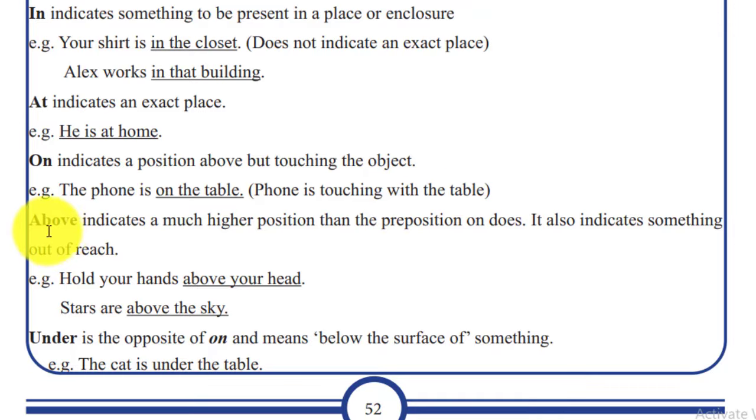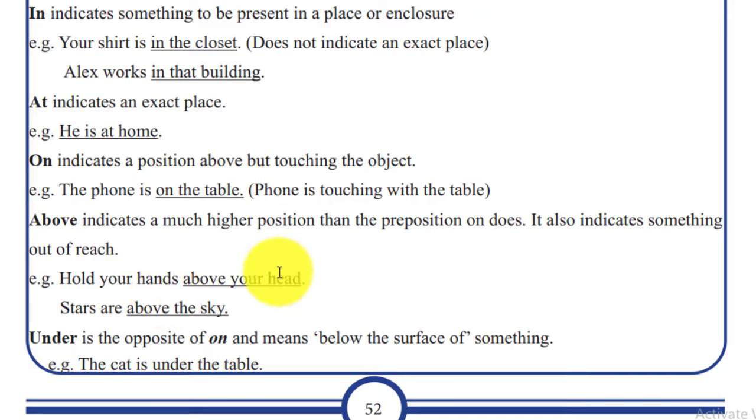The other one, above የሚል ነው። Above indicates a much higher position than the preposition on does። ይሄ ደግሞ much higher position ነው በቦታ ደረጃ ከፍታን የሚያሳይ ነው than the preposition on does። ከon ከሚያሳየው ቦታ above ስንል ከፍታን ያሳያል ማለት ነው። It also indicates something out of reach። ይሄ ደግሞ ምንም ነገር ሳይነካ ከላይ መሆንን ለማሳየት above እንላለን። ለምሳሌ hold your hands አልኩኝ above your head ብል hold your hands እጅን ያዝ above your head ብል